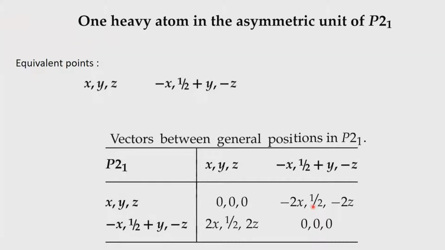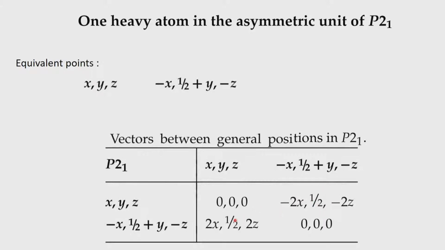So, here we get the solution for x and z, we find the coordinates of x and z. The coordinate of y can be fixed arbitrarily because there is no origin fixation along the 2 1 screw axis. It can be anywhere along the line of the screw axis, and it can still have the screw property. So, you decide to fix where the y should be conveniently, and therefore, we have this option.